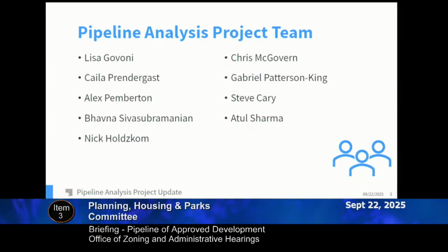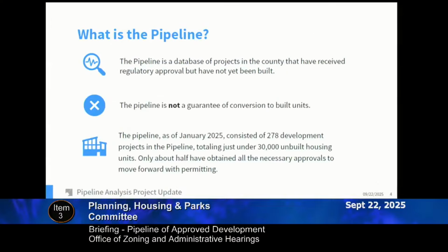So just very quickly, I want to acknowledge the team that worked on this project. This was really a joint effort between two divisions, and we really spent all summer working on this with the survey, with the interviews, with the data analysis. Not everyone has a seat at the table, but everyone really did put a lot of effort into this project, and I want to thank all of them. So next I'm going to turn it over to Kayla to talk about the pipeline.